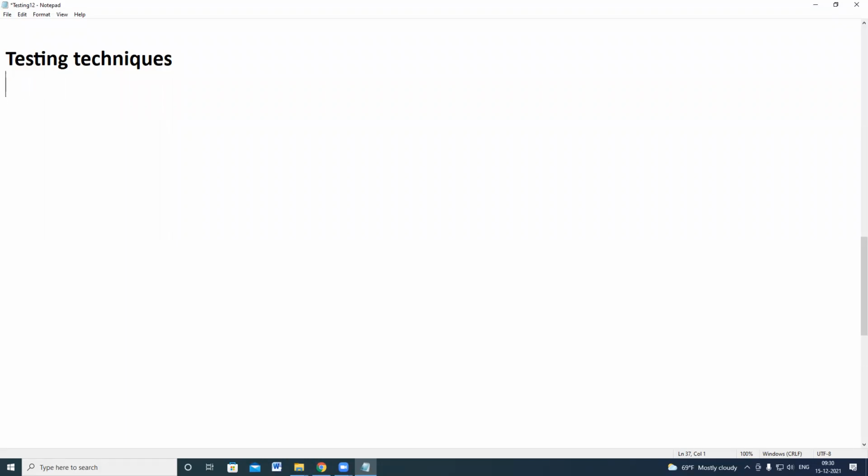Before listing them out, let me ask a question. There is a requirement given in your functional requirement, and the software has been developed. So there is voting.